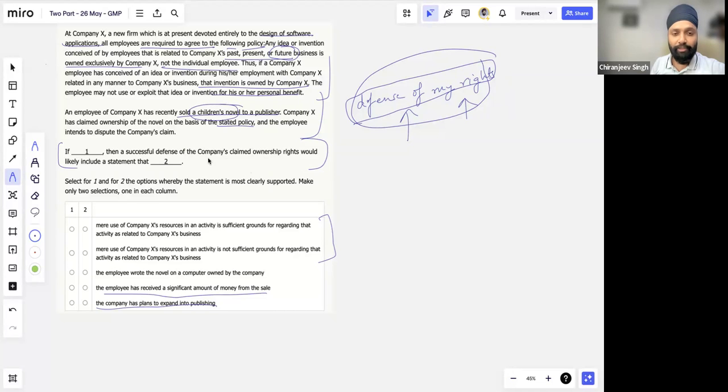So actually, the successful defense is already done because the company may just re-emphasize its policy then, right? Because if the company has plans to expand into publishing, then according to the policy, the company will own the rights. In that case, the successful defense would just be saying that, yeah, this is already stated, the employer has signed it, but there is no such thing here, right? So I was like, okay, E makes sense, and I can put E in place of this one, but then